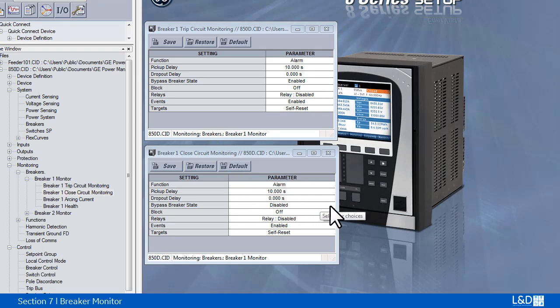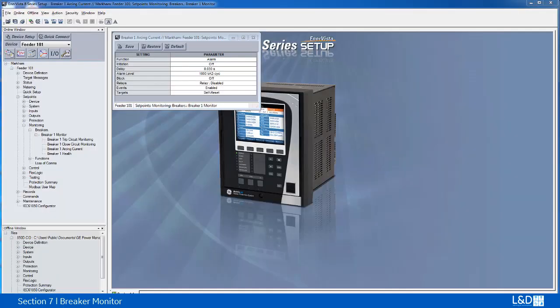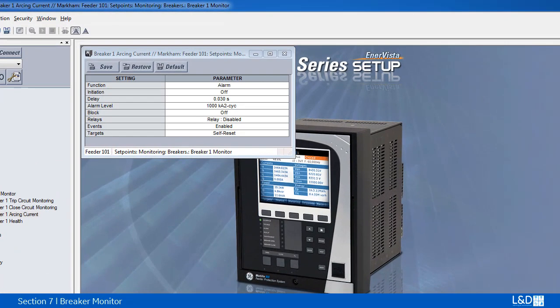Similarly, the setting of the bypass breaker state should be set to enabled. The breaker arcing current element calculates an estimate of per phase wear on the breaker contacts by measuring and integrating the current squared passed through the breaker contacts as an arc. These per phase values are added to the accumulated total for each phase and compared to a programmed threshold value